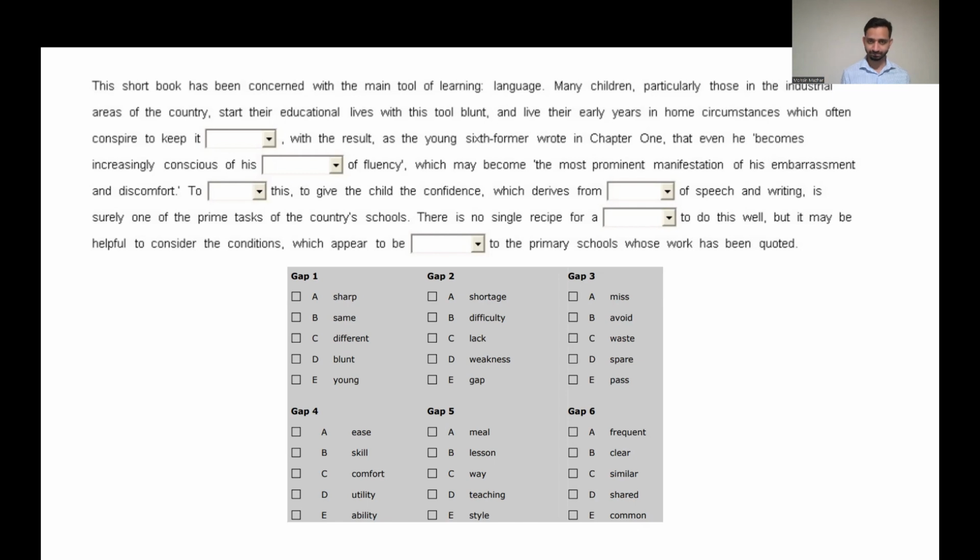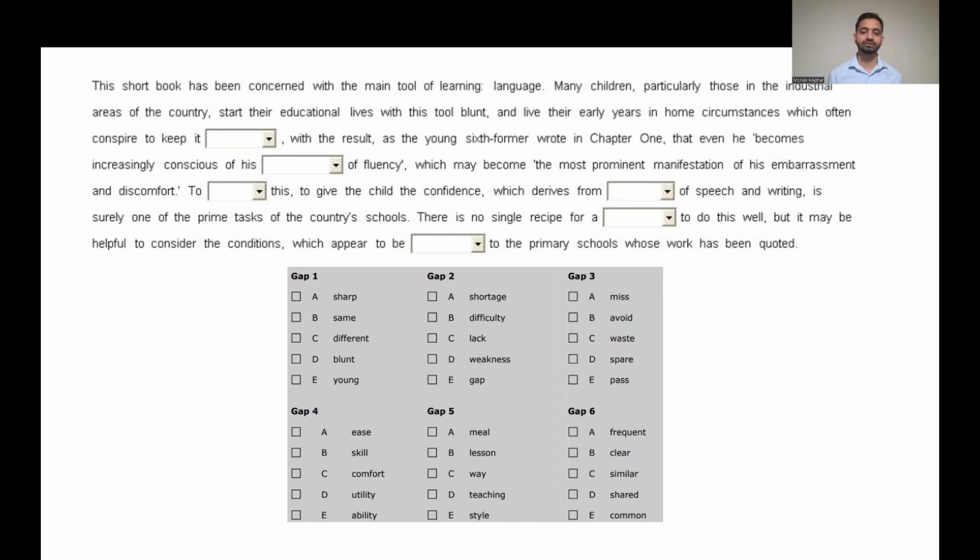For a meal, not really. Recipe for a meal. It's not talking about a meal here, so contextually that can be eliminated straight away. Recipe for a lesson, recipe for a way to do this. Recipe for a way. It's not talking about lessons here. It's talking about a way to do this well, but it may be helpful to consider the conditions which appear to be